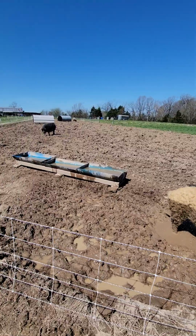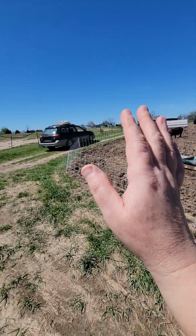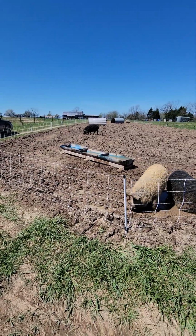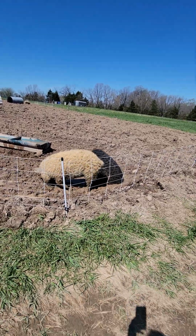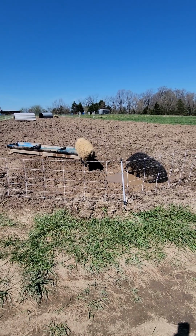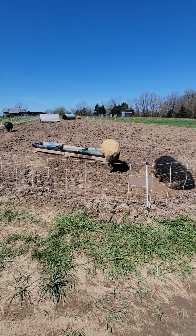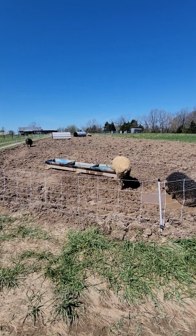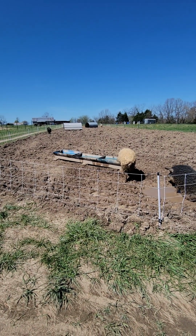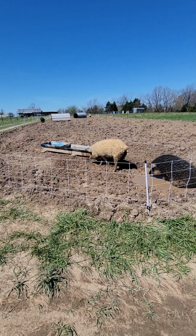Well, this area that's in front of me is just beyond this paddock, and I wanted to keep this open as we are going to be changing our fence lines, and I wanted an area for us to be able to turn around, a multi-use space, but for things that we don't know what that is yet. So right now we're using it as a temporary paddock, but the plan was to turn this whole area that's fenced in with the white Premier One fence, and have them deliberately turn it over to the max,